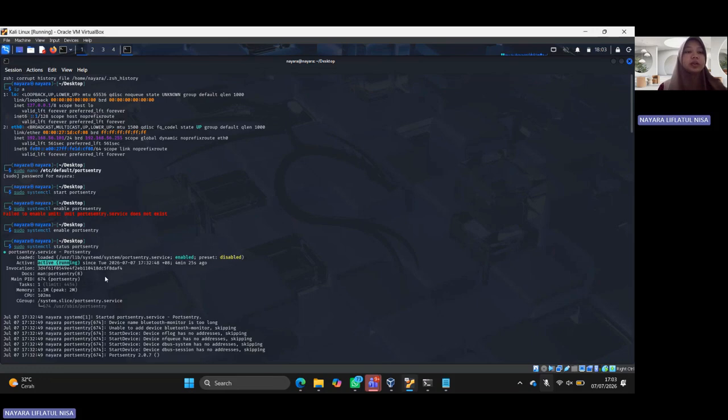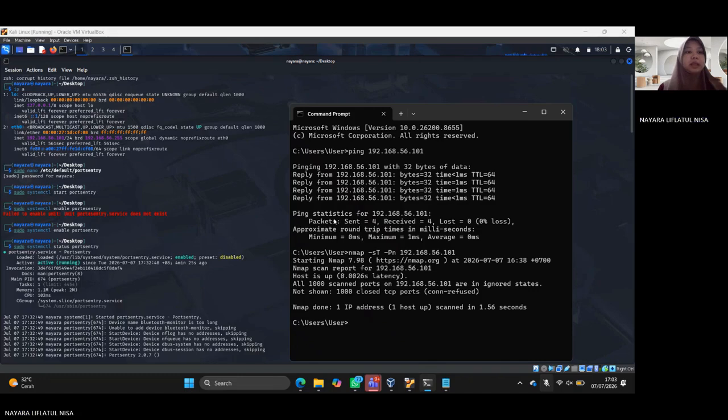As shown on the screen, the service status is active (running), which means PortSentry has been started correctly and is ready to monitor the system. Finally, I tested the network connectivity from the Windows machine by sending a ping request to the Kali Linux IP address 192.168.56.101.